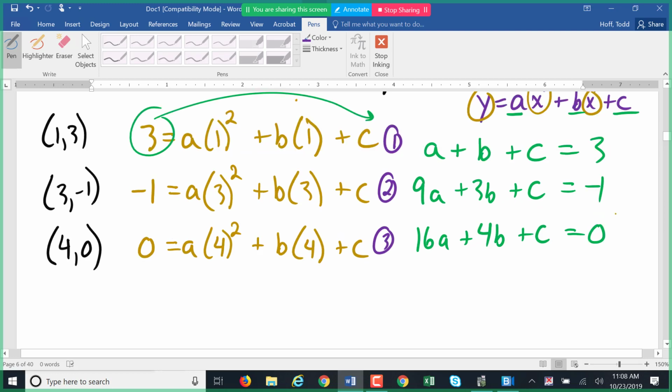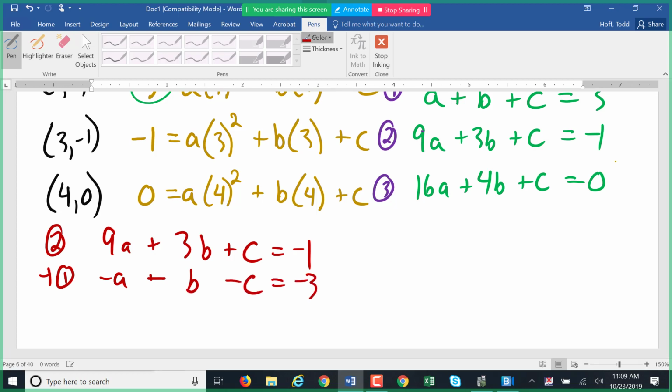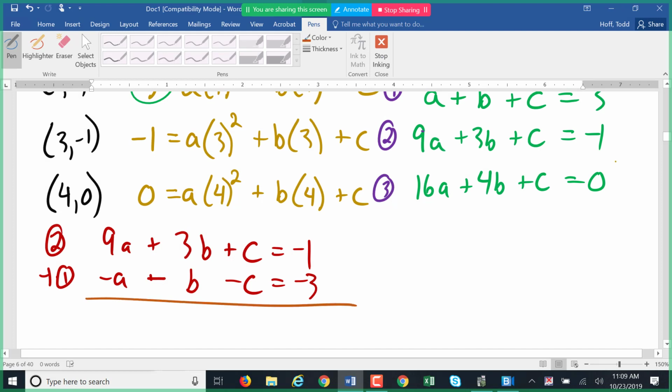And you'll notice that we can eliminate the c really easily. So what I'm going to use is I'm going to take equation 2, 9a plus 3b plus c equals negative 1, and I'm going to combine it with negative 1 times equation 1. So that becomes negative a plus negative b plus negative c equals negative 3. So now when I add those equations,